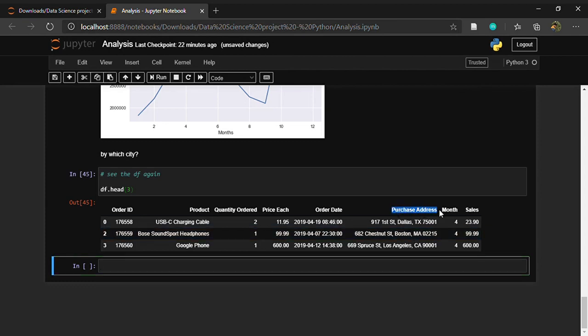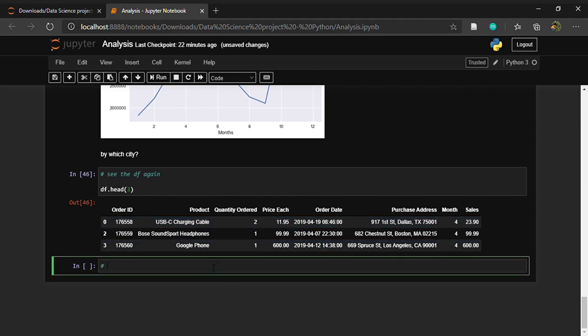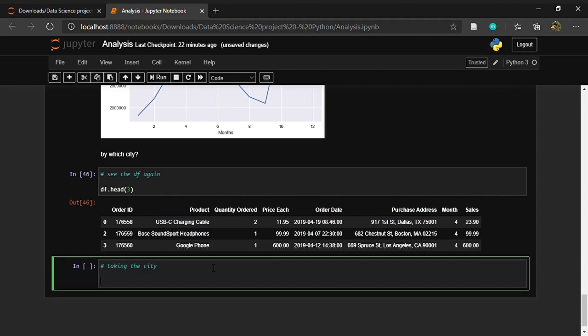So purchase address we can have here. So this is Dallas, Boston, Los Angeles, right? And this is the state, right? So how do we grab the city? So to take the city, well, I don't have to do this. Okay, we just gonna take the df, we will create a new column called city, right? And then we create df, great, df, we take purchase